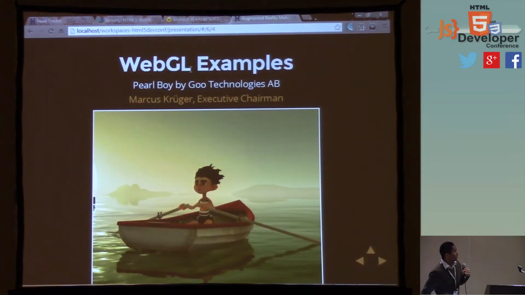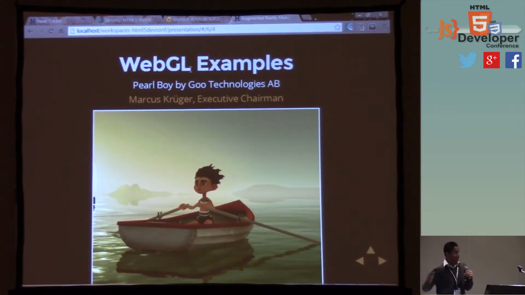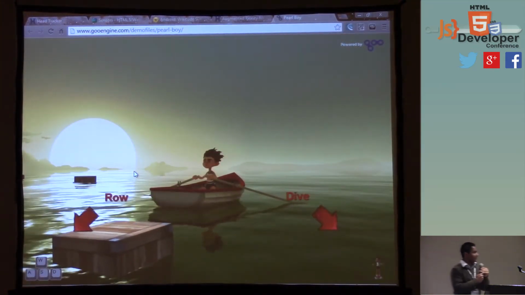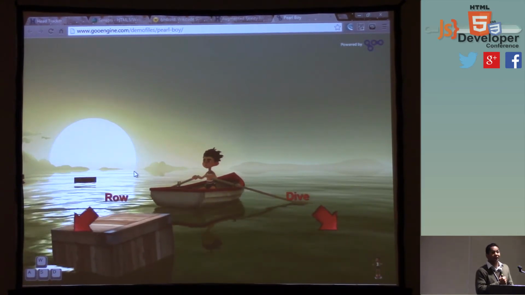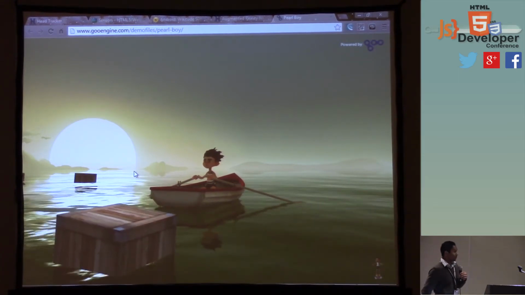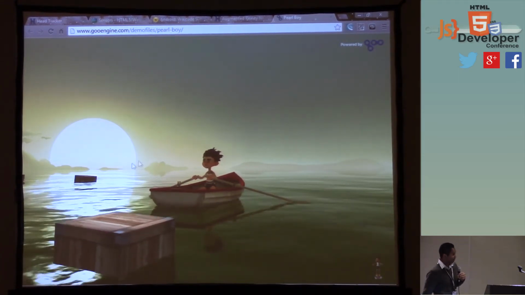But in terms of where we are going, there's a lot of performance. I'm really impressed by this conference, by the level of JavaScript maturity and tools that's coming forward. Right now in another session, Marcus is covering their Goo Engine. If you take a look at this, this is all WebGL, so all of the objects that we're talking about are rendered with the same technology.